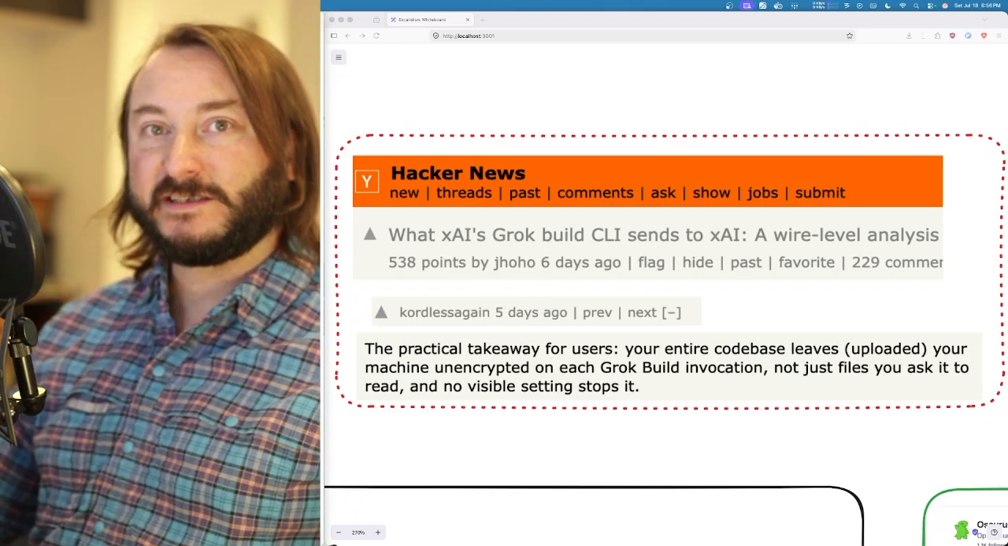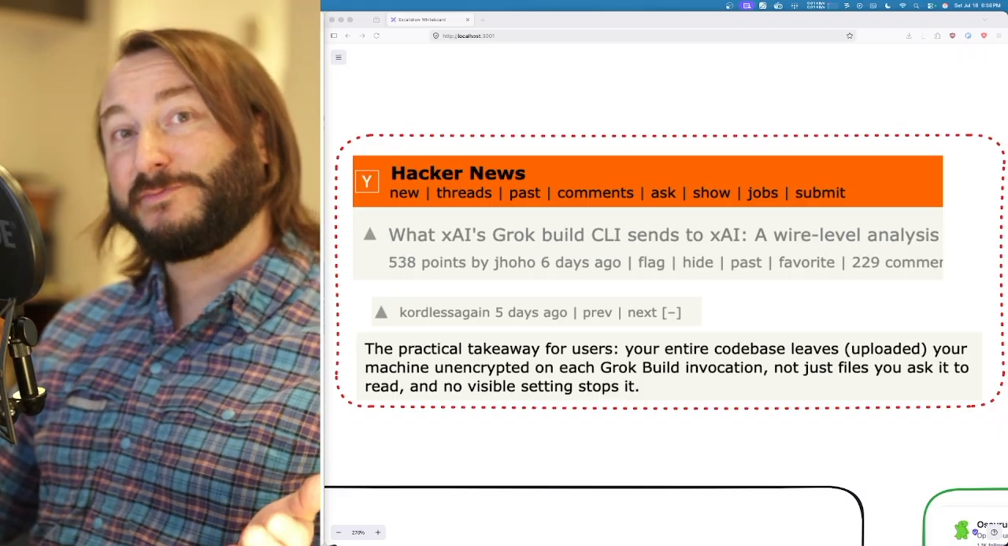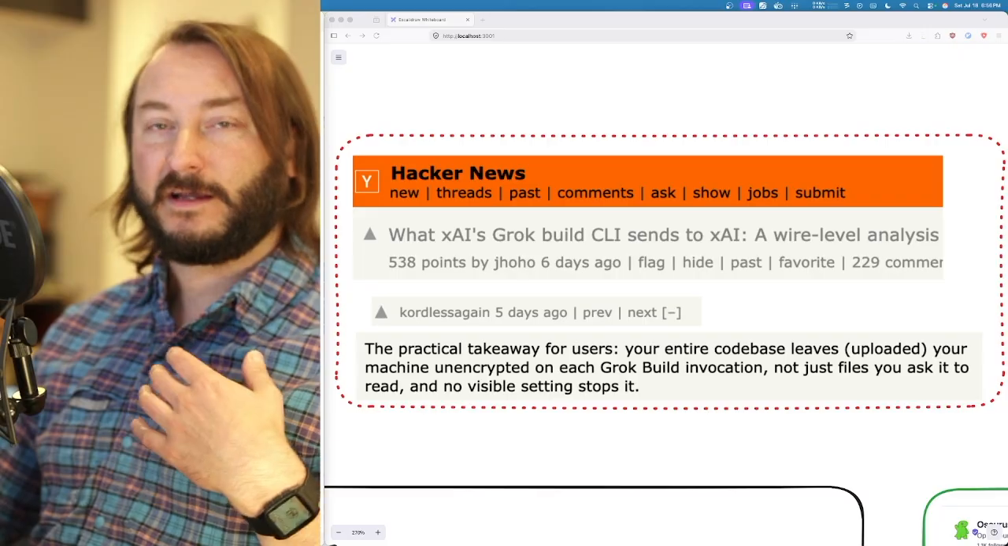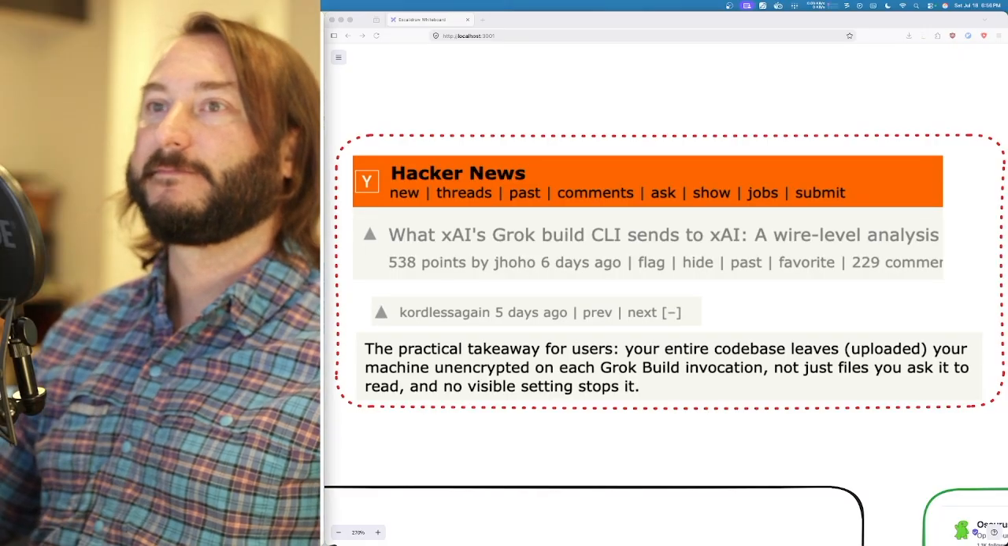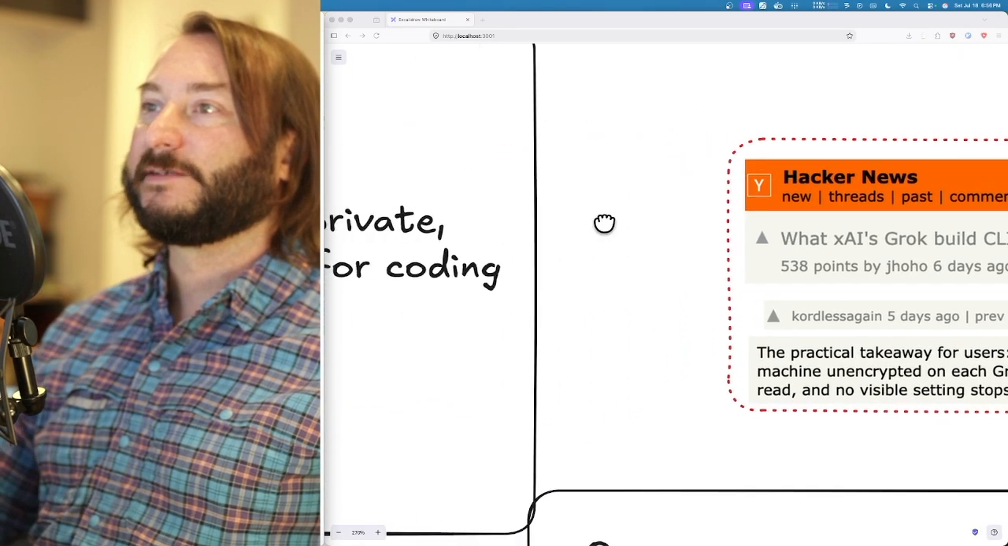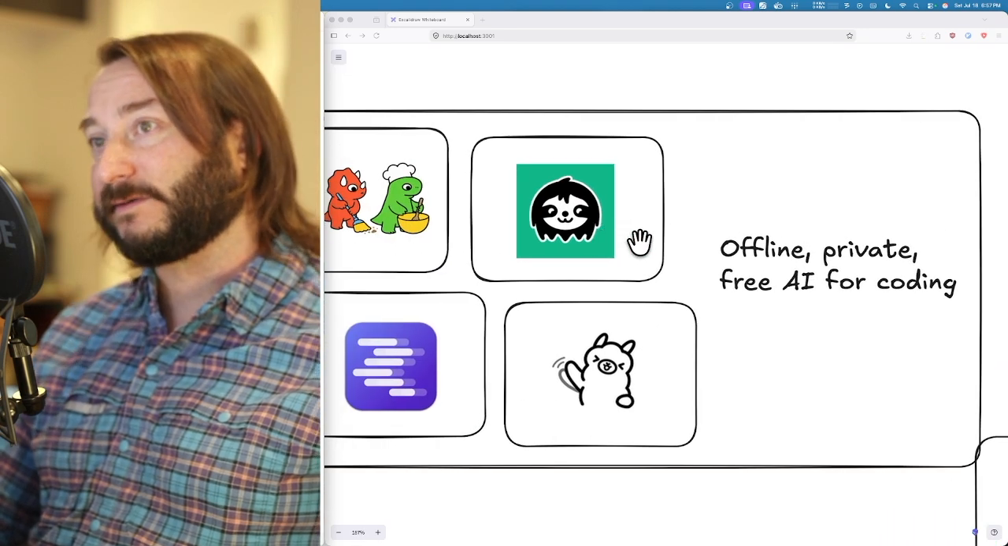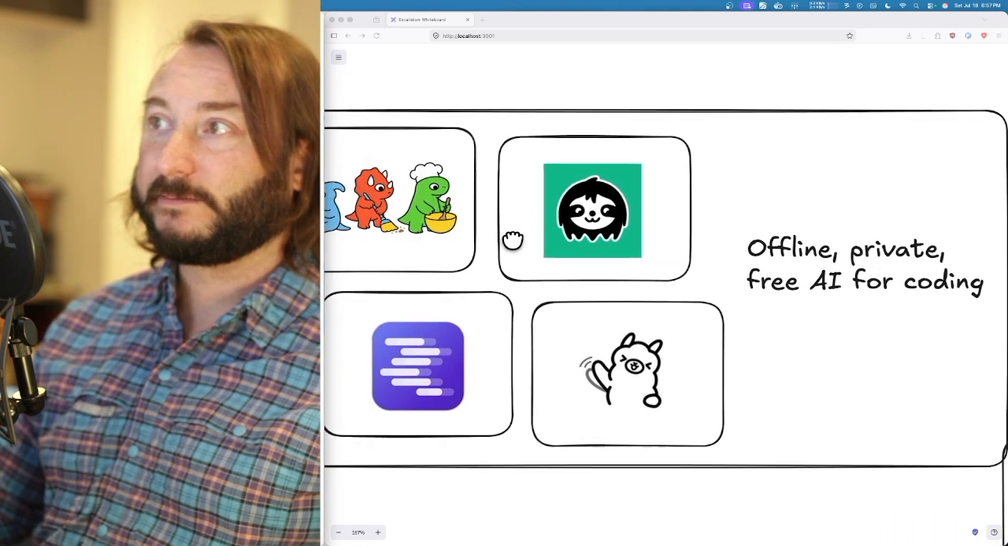In this video series, we're going to take a look at how you can avoid this pitfall by using an LLM running on your Mac to do coding and agentic tasks. We're going to look at some of the best tools to do this. We're going to look at who has the most tokens per second, who has the most models available, who has